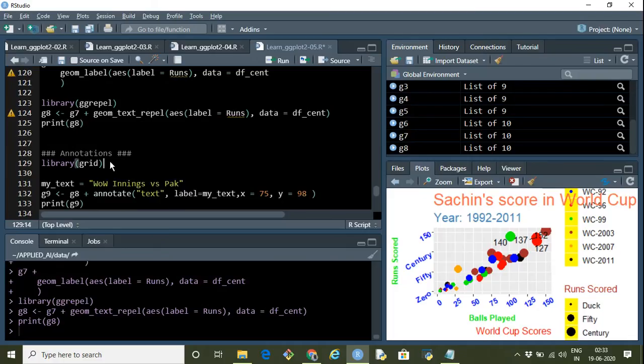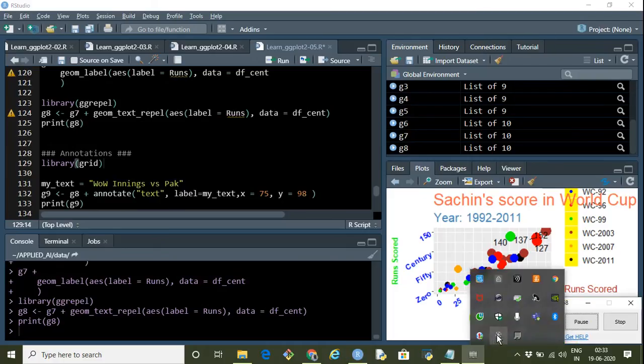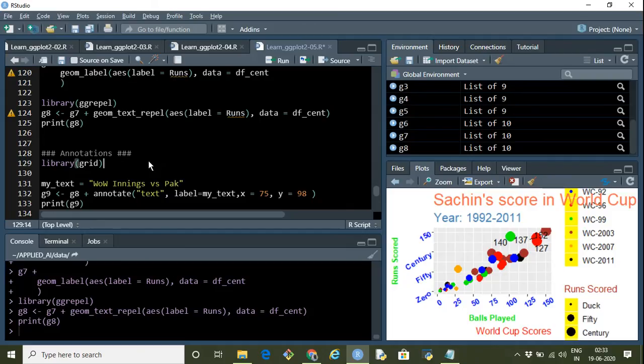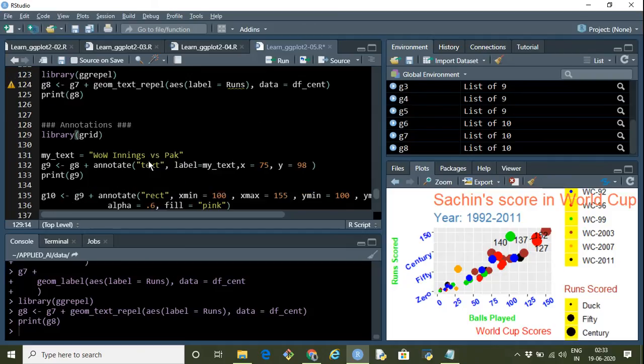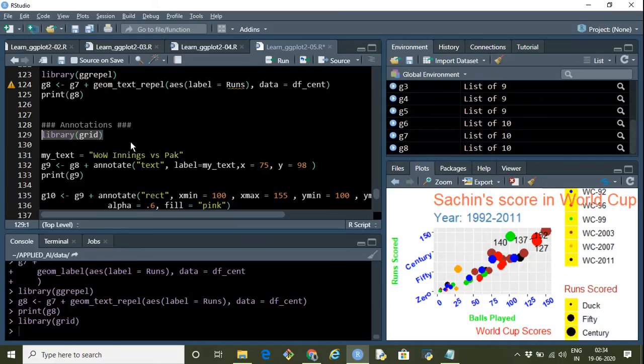Okay, now adding annotations. If you want to add certain text in the chart, then we can do this using the annotation. So let's add one library, library grid. Okay, so the text I want to add is "Wow innings against Pakistan". So there was one particular innings Sachin played against Pakistan in the World Cup, in which he didn't get a century. He was out on 98, but